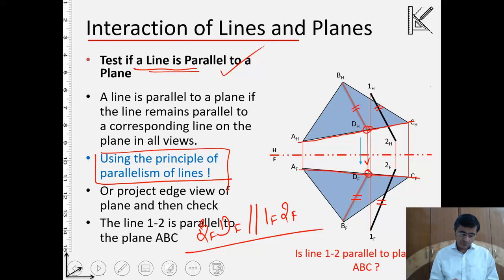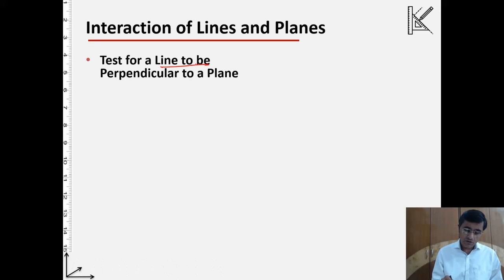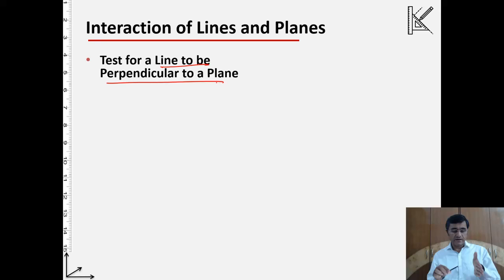Next, we will do another test, and this test is for perpendicularity to a plane, whether a line is perpendicular to a plane or not. How can we do it? Just visualize this. Somewhere there are the frontal plane, profile plane and the horizontal plane. Within that there is a plane and then there is a line, and we have to check whether this line